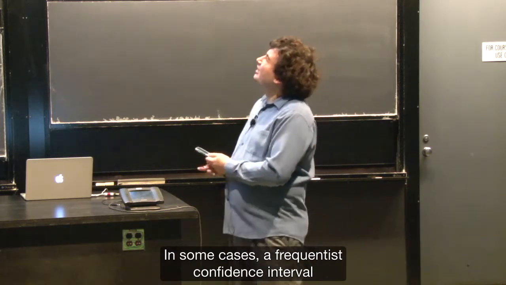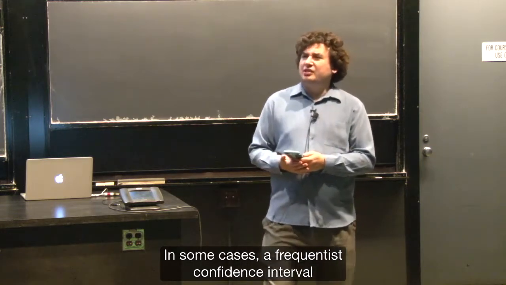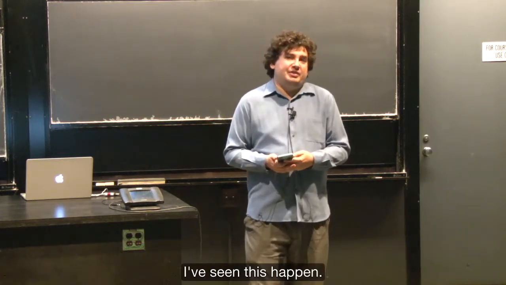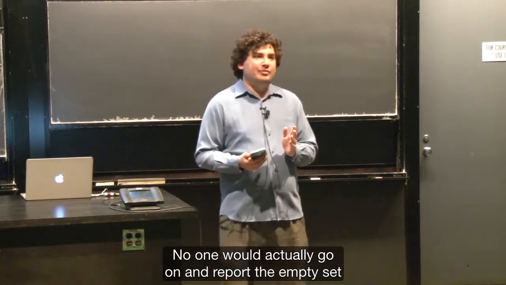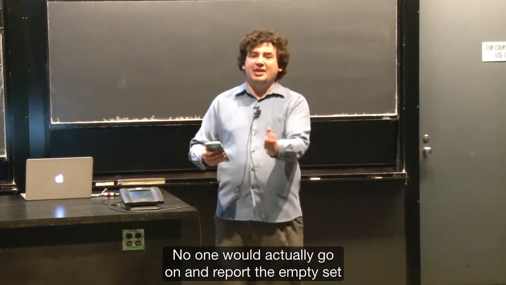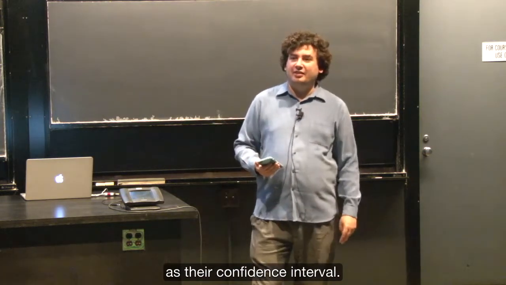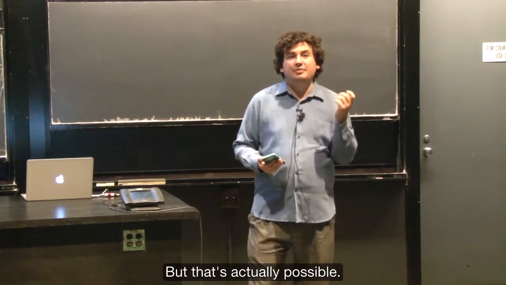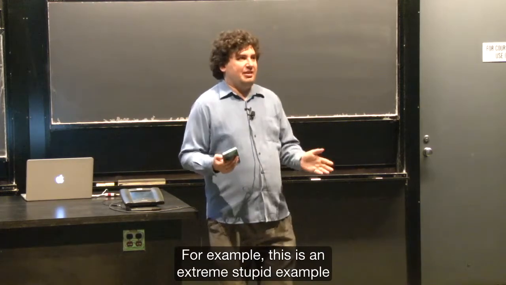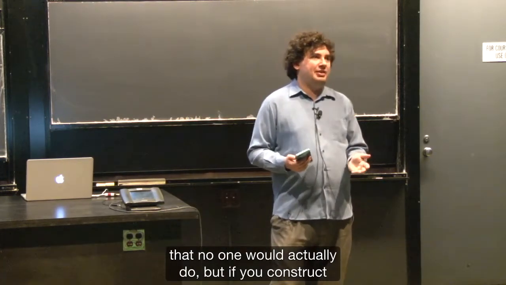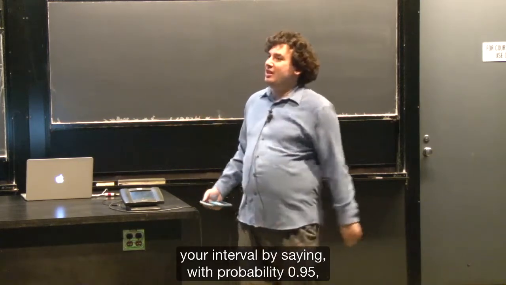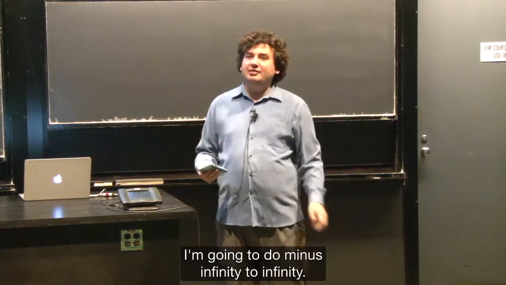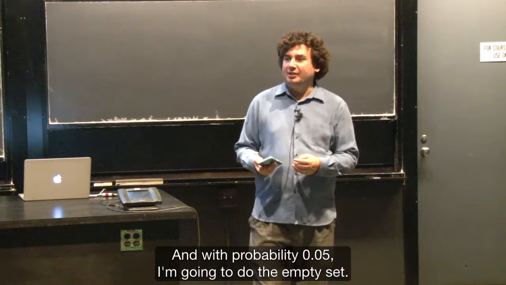In some cases, a frequentist confidence interval could even return the empty set, right? I've seen this happen, okay? No one would actually go on and report the empty set as their confidence interval, right? Empty set, that is nothing, okay? But that's actually possible. For example, this is an extreme, stupid example that no one would actually do. But if you construct your interval by saying, with probability 0.95, I'm going to do minus infinity to infinity, and with probability 0.05, I'm going to do the empty set,